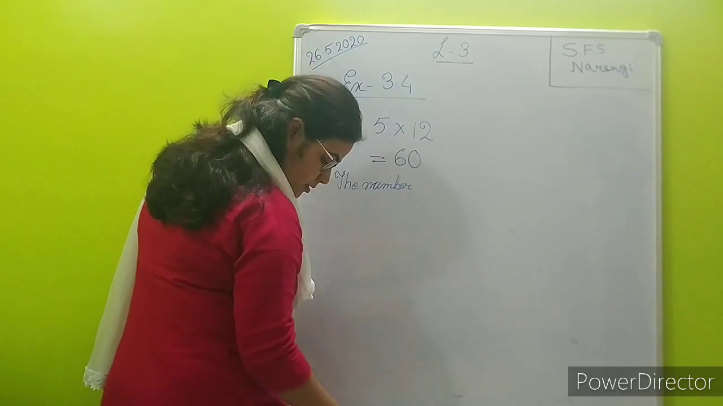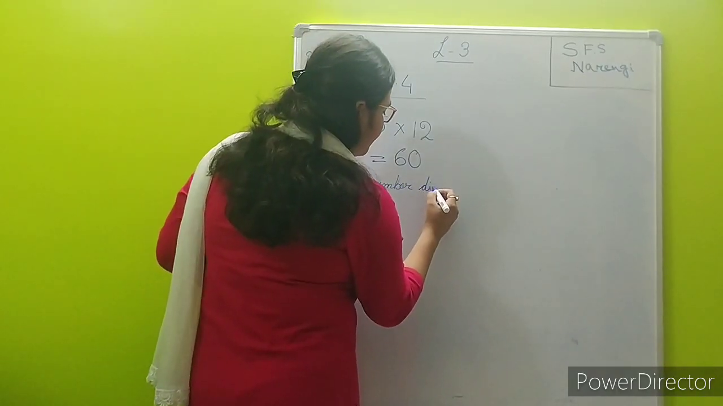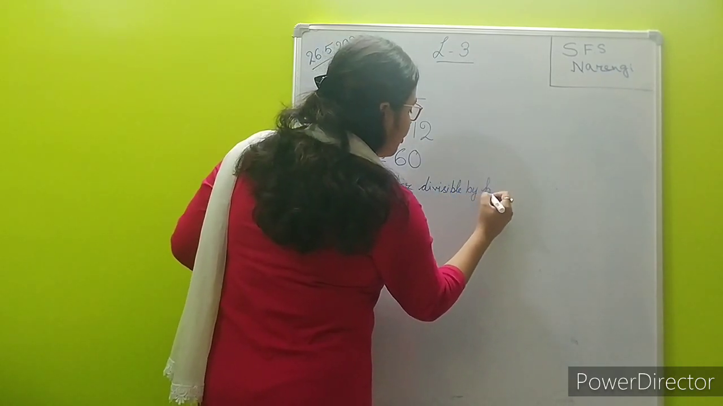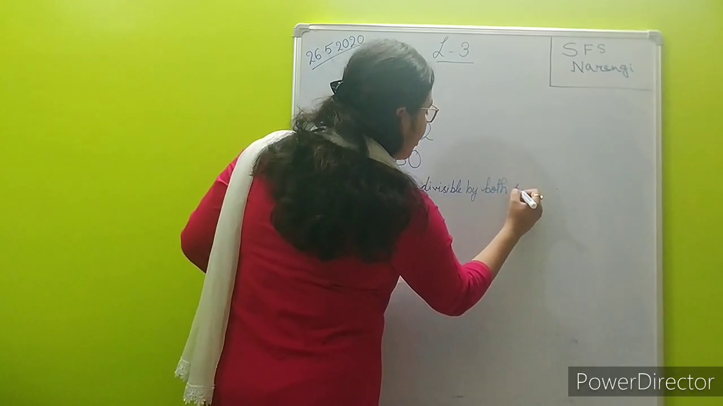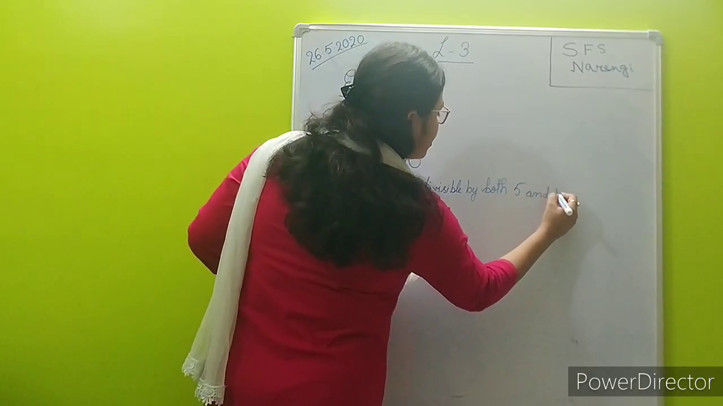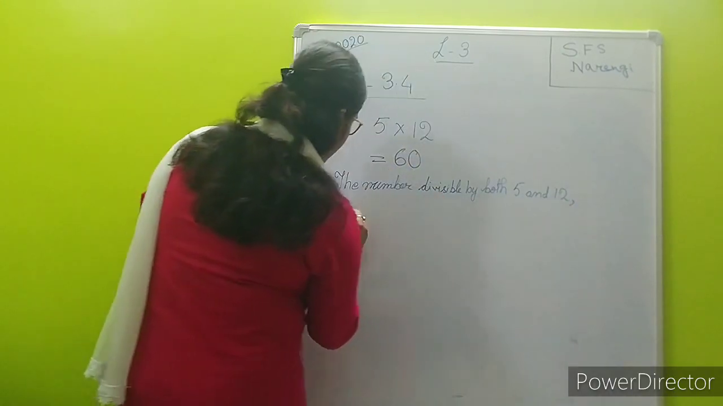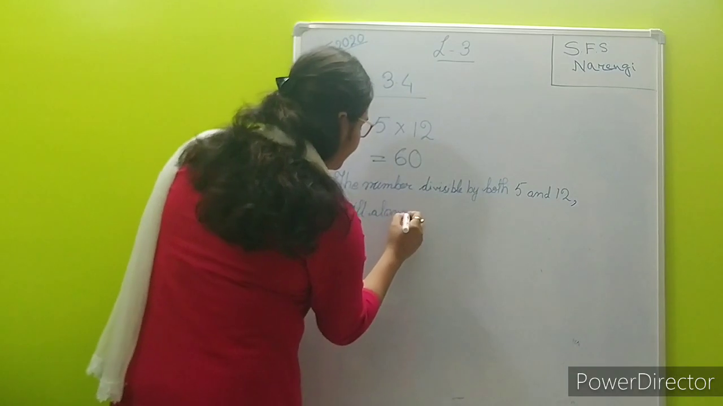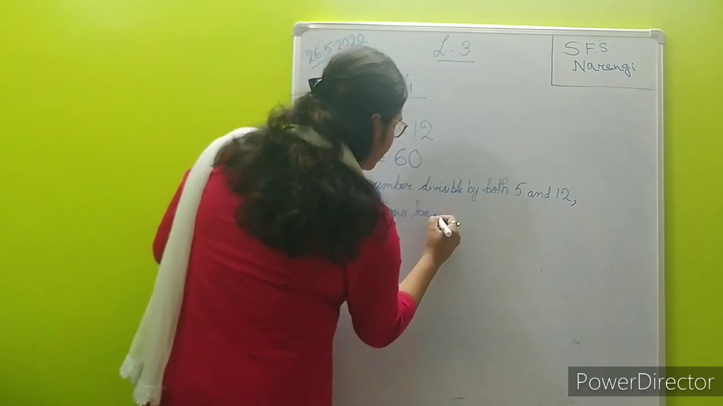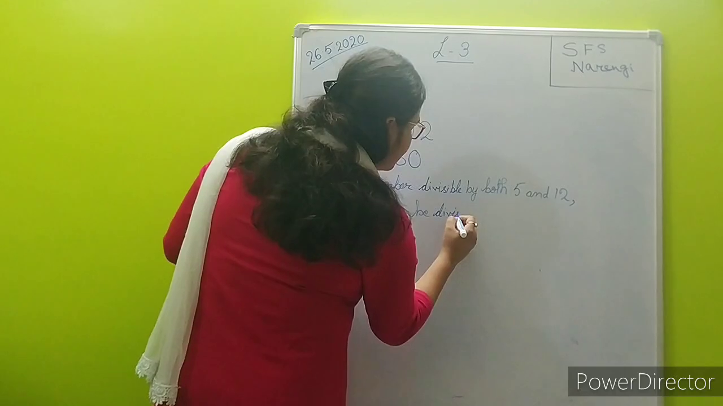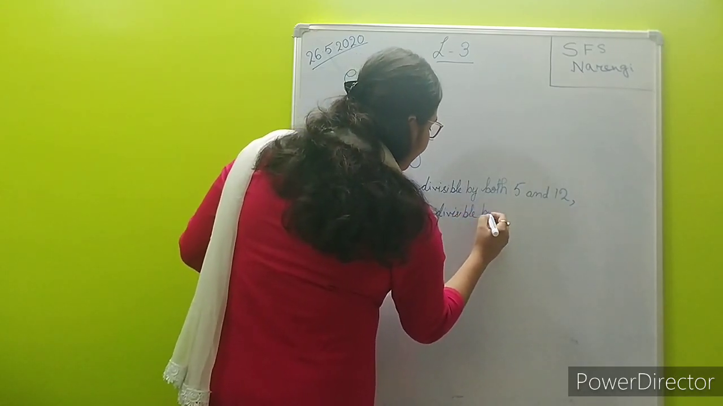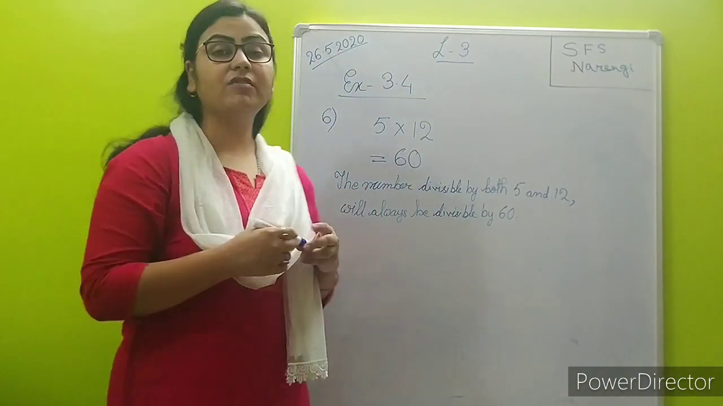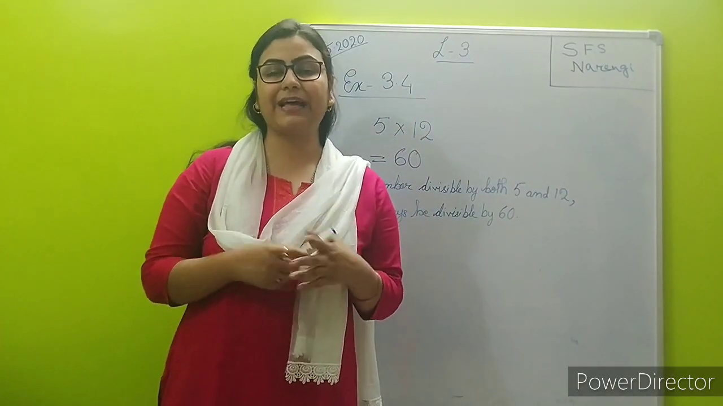The number divisible by both 5 and 12 will always be divisible by 60. Okay. So whenever you have this kind of a question where the question is given that any particular